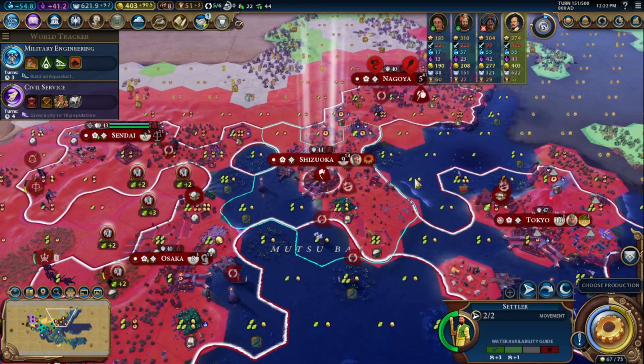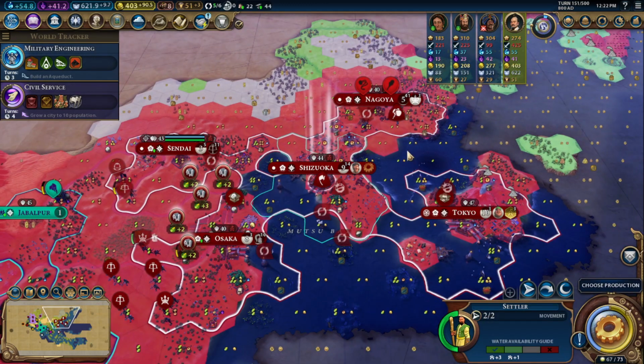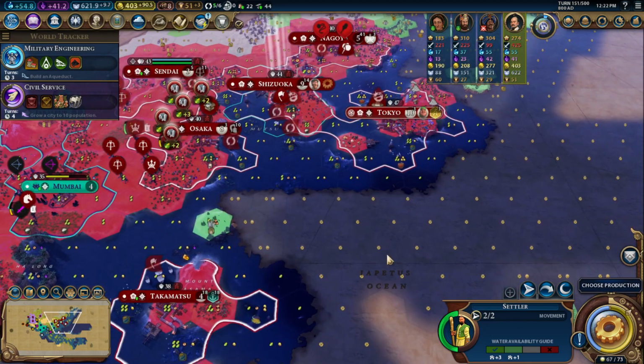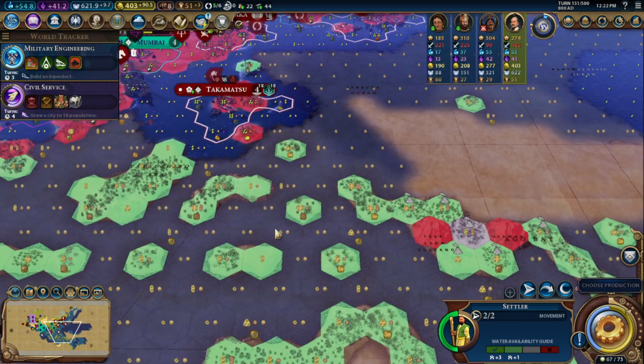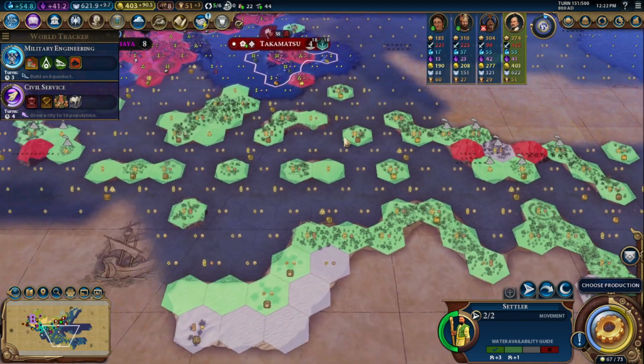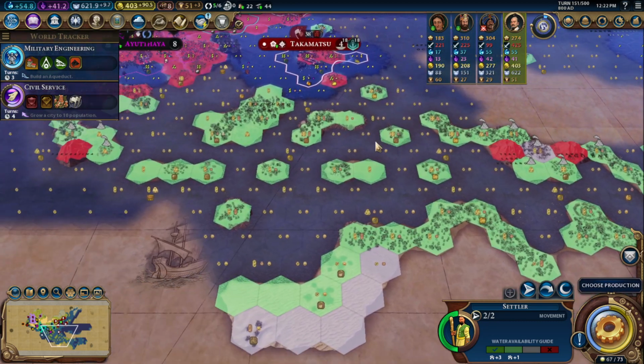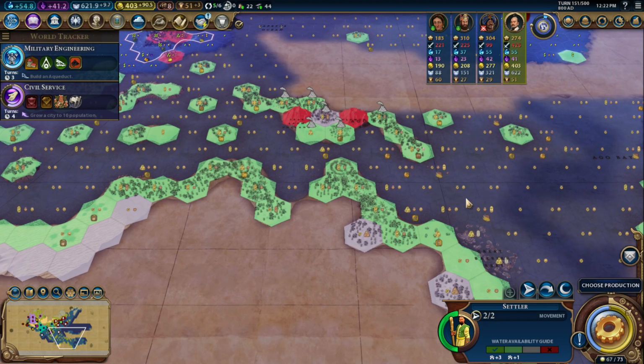Over here, I've completed a settler. I might have been tempted to go up here somewhere with him, but there's barbarians around. So, let's continue island hopping. I mean, it would be nice to get a foothold on Australia. Maybe...